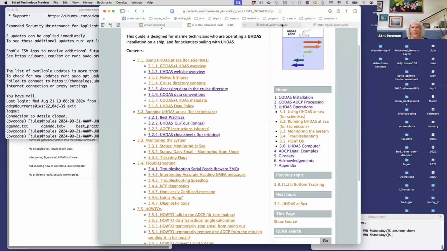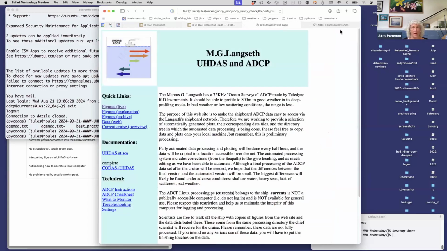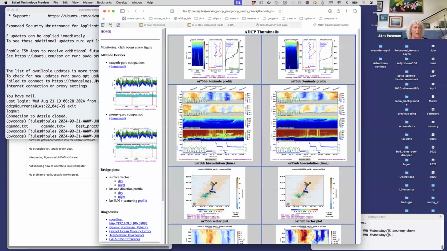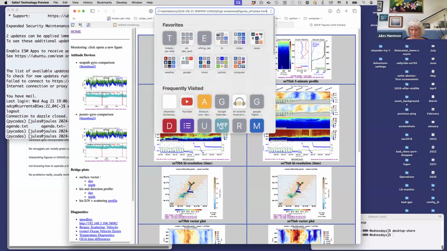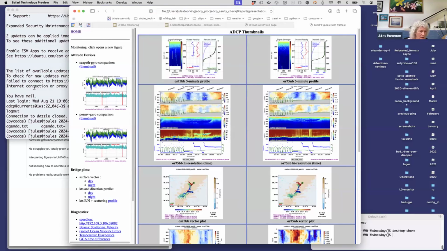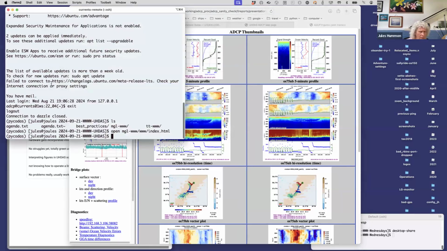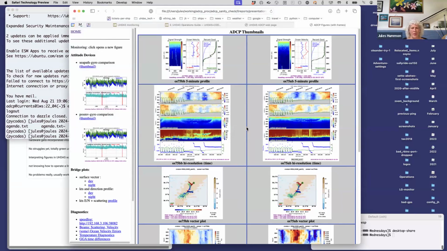Okay, so let's go back to here, and figures live. Okay, so figures live with frames. The one on the top is the 5-minute plots. Oh, that's very funny. I should put the ship on here. This is the Langseth. It has to be the Langseth because they only have a Workhorse or an OS75. The 5-minute plots are